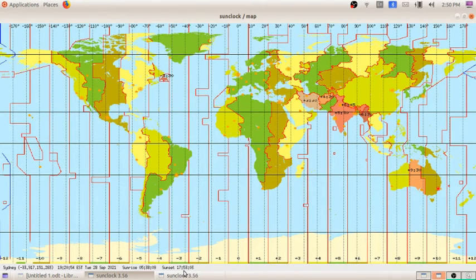That means 5:53, evening 5:53. So you can see the difference. So next I am moving to,